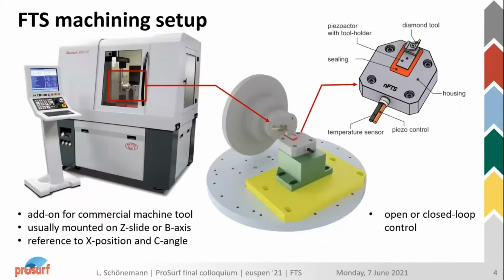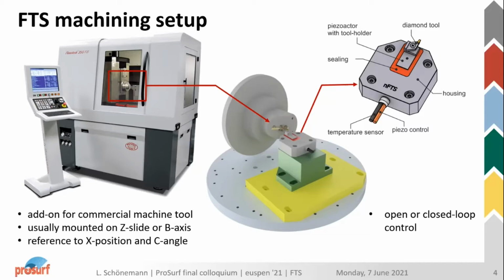Usually, fast tool servo is an add-on component to a normal lathe or ultra precision machine. It is usually mounted on the Z-axis. It can be used in this configuration, or it can also be mounted on a B-axis table to have additional degrees of freedom, which in this case is required to do true freeform shapes as a base geometry,